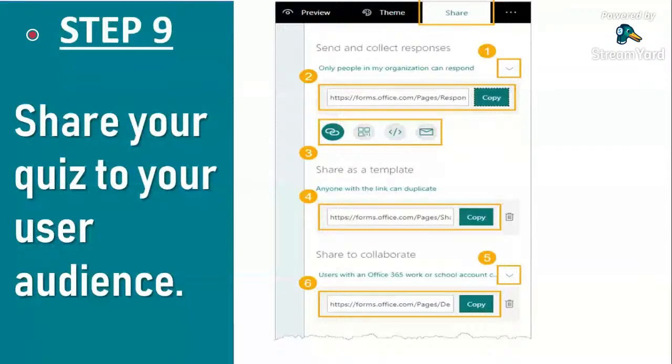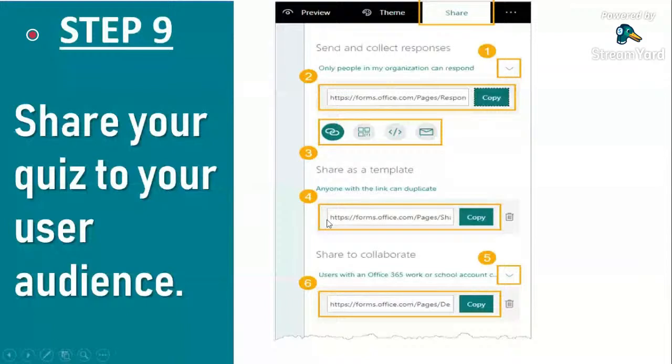Or you can also embed it into a website or send via email. Okay, so those are the options available in sending those forms.